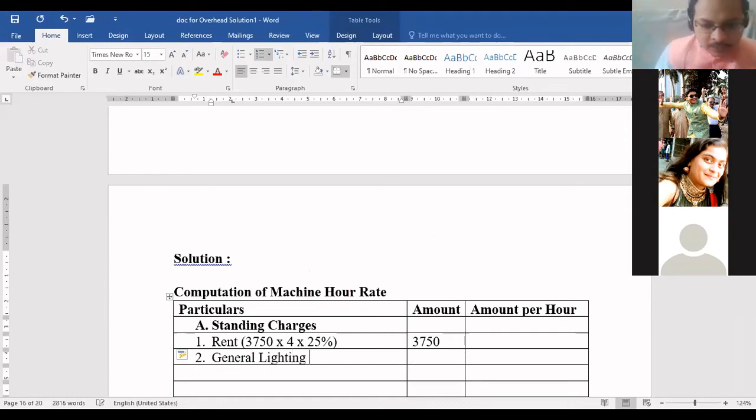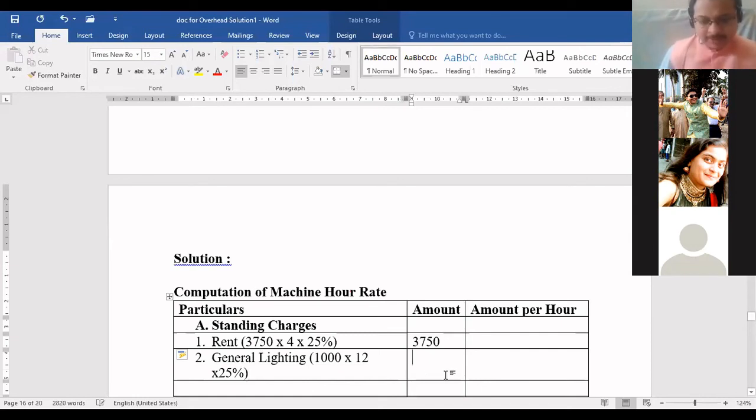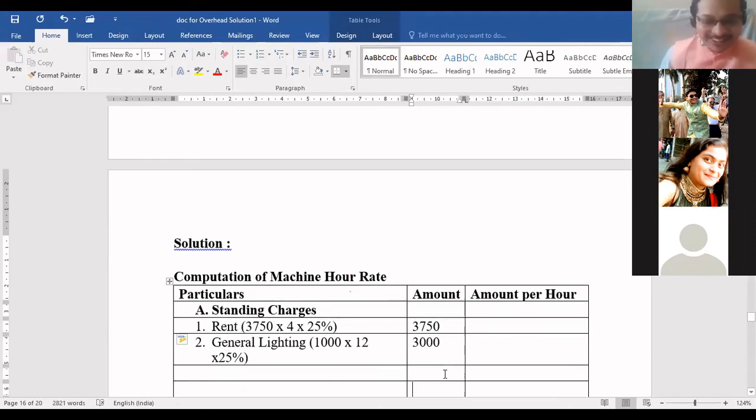1,000 per month, na? Yes, sir. We want annually. Yes, 1,000 per month, 12,000 annually. But again, this is for the whole area lighting requirement. My machine covers only 25% of the area. You understood now? Come on, tell me. Yes, 3,000. This will not come the same, na? No. Okay. Next one.